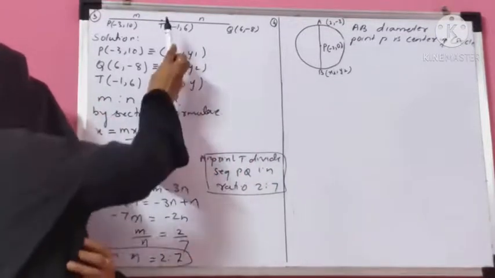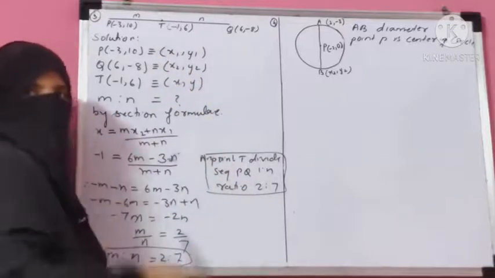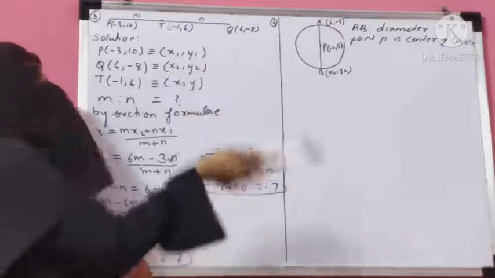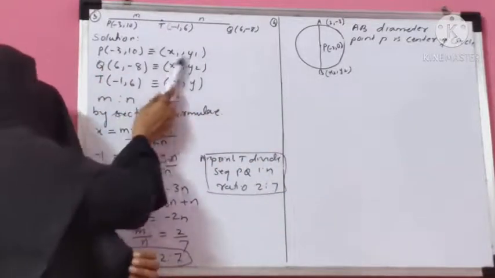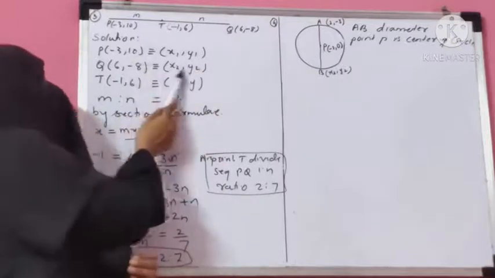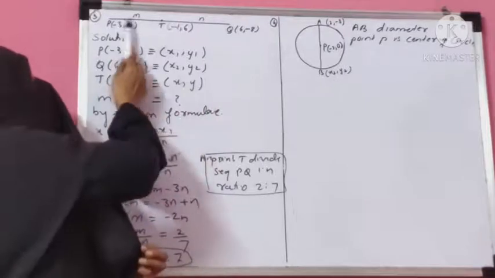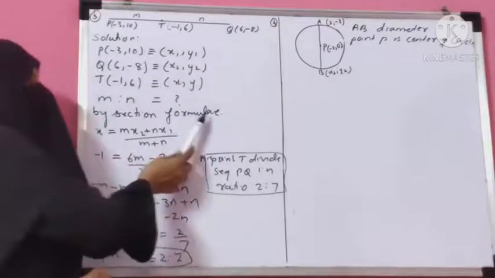Once again, see here. We have to find in which ratio point T divides this segment. Point T is the section point. The coordinate of the first point is x1, y1, the coordinate of the second point is x2, y2, and the section point is x and y. And here we have to find the ratio m is to n. So by the section formula,